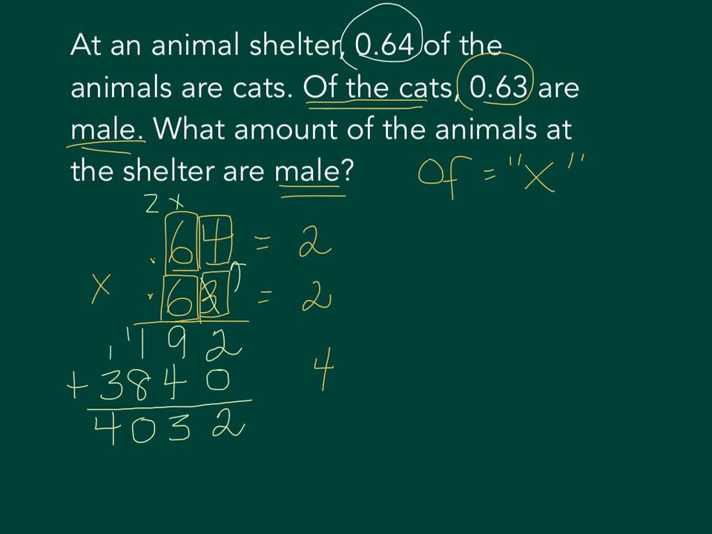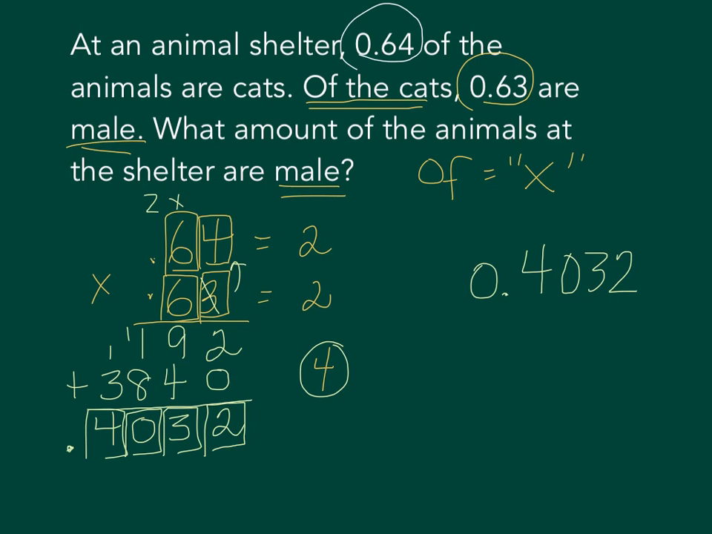Well, that's way too many cats. So I need to put in my decimal point. I should have 4 decimal places in my answer. So I'm going to start counting from the right. Here's 1, 2, 3, and 4, and that's where my decimal point goes. So really my answer is 4,032 10,000ths. If I want to round that to the nearest hundredths, I would go to the hundredths place, and